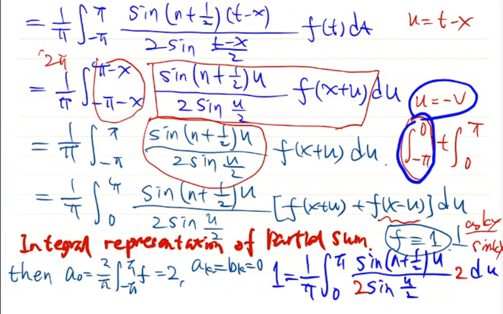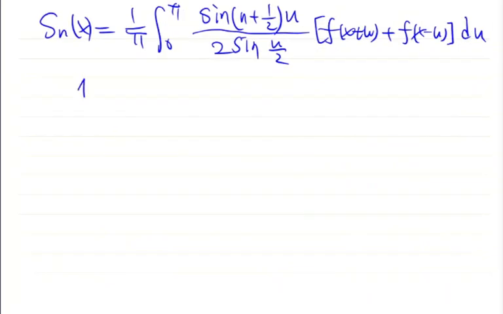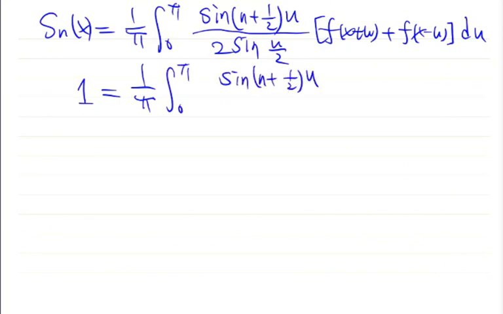And the other useful result is the particular case we take f identically 1. Then this blue formula at the right lower corner. Okay, so we copy it here. 1 equal 1 over pi, integral from 0 to pi of sine (n plus a half) u over 2 sine u over 2, then 2 du. Okay, so we have these two useful